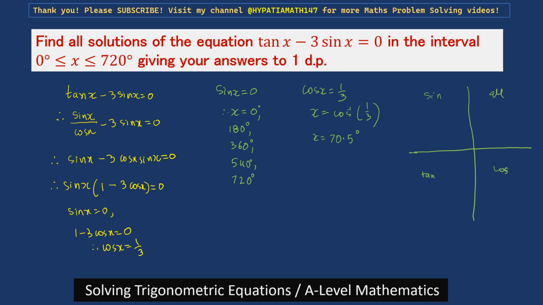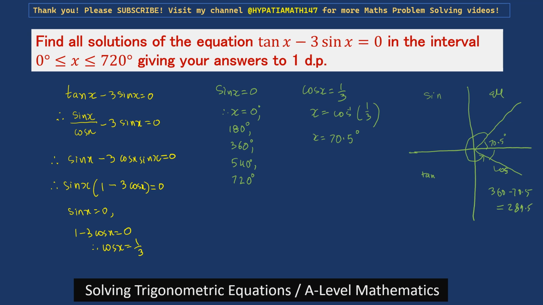So suppose this is 70.5 degrees, then it would also be here 70.5, so we take the anti-clockwise angle, that would be 360 minus 70.5, that would be 289.5,